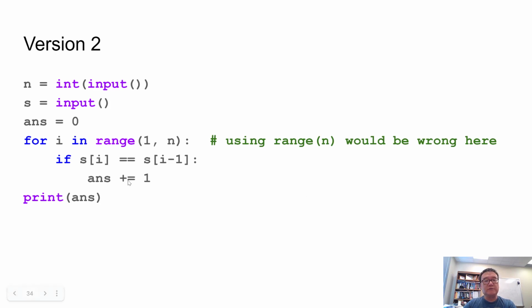This is the version implementing that. We are looping starting from the second character. And if we find that it is the same as the previous one, then we just add 1 to the answer. So this may or may not be immediately obvious to you that it is correct, but if you are puzzled,